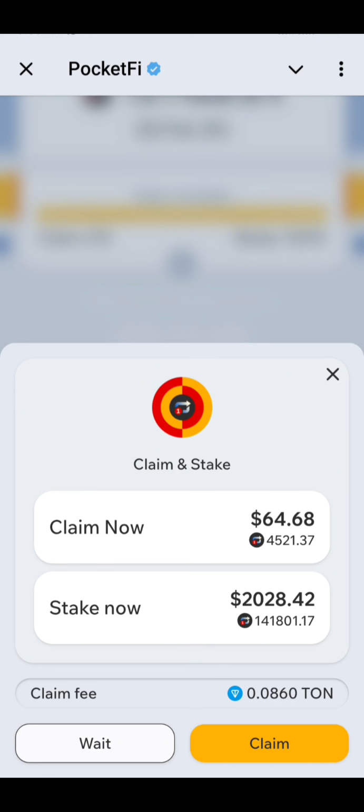Small amount of ton will be deducted from your wallet. That's why you fund your wallet with ton, because the claiming is on chain. Okay, once you click on claim, the amount being displayed to you will be automatically claimed to your wallet, and the remaining amount on your wallet will be staked for 3 months. Remember this. Okay, or you can simply wait for 9th of June